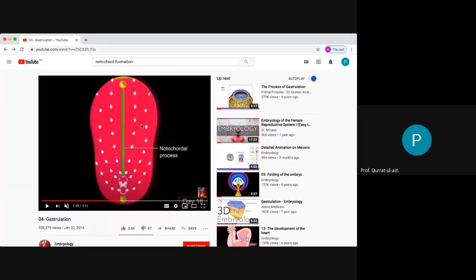After the formation of this intraembryonic mesoderm and replacement of the hypoblast as the endoderm, the primitive streak has decreased, it regresses, and it disappears. After formation of this trilaminar germ disc, it will disappear. That is the fate of the primitive streak. After the formation of the endoderm, the mesoderm, and ectoderm, and the notochordal process, it will disappear. Then the next thing,